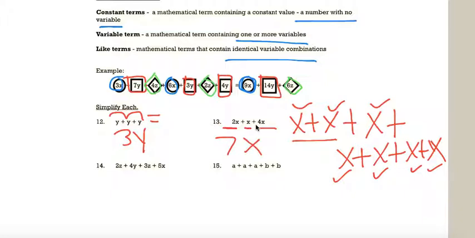Look at number 14. Now I have some variable terms. I have z's, y's, and x's. Let's start with putting our z's together. I have 2z and 3z. When I put those together, I get 5z. Then I don't have any like terms that go with y, so I'm just going to put plus 4y. And poor x, sorry, he doesn't have any like terms. So I'm just going to put plus